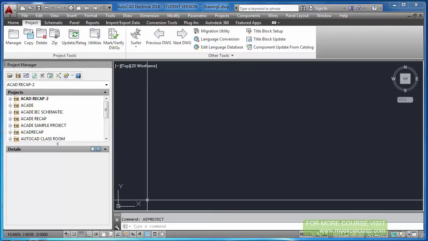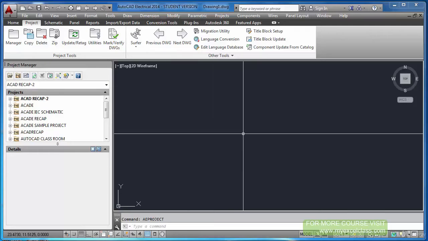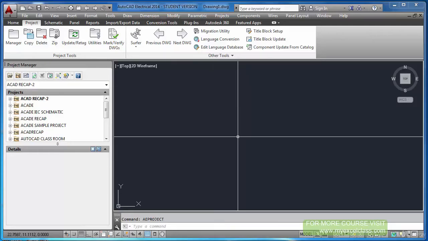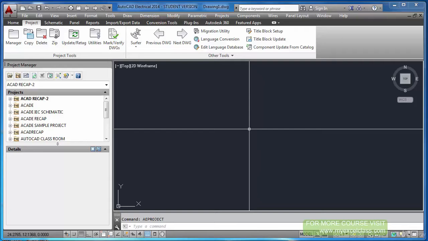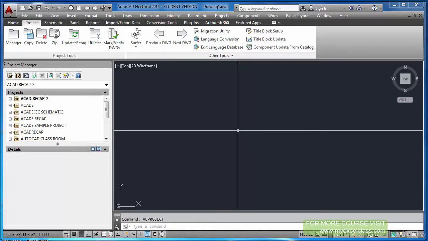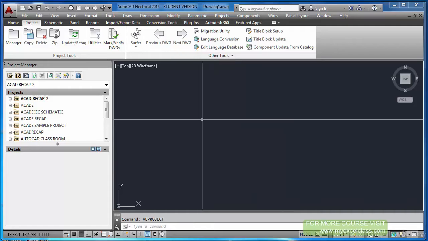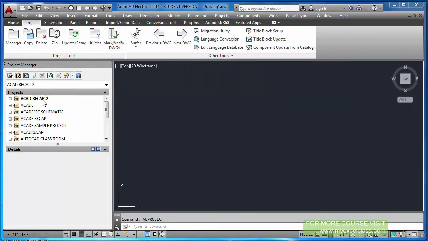So we have a blank sheet now. We have nothing. I want to start a fresh project. Maybe in this session you may find some difficulties because you are not quite aware of many things which I am going to explain now.